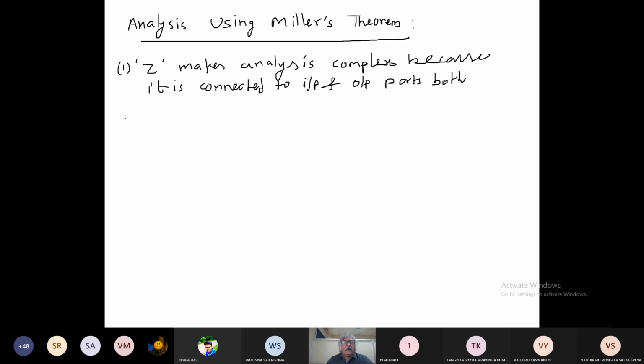So now what we will do, by using Miller's theorem, we shall remove this Z and connect a new